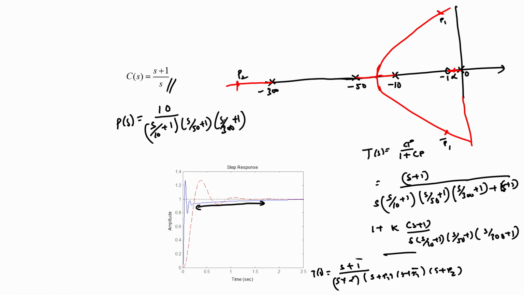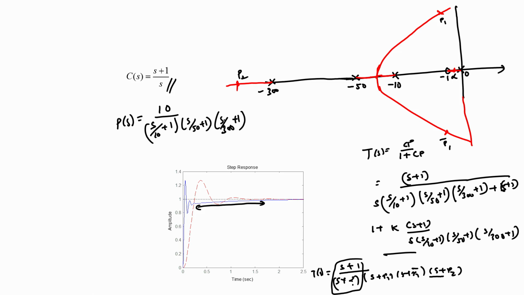So let us focus on this term (s plus 1) by (s plus alpha). We note that this term alpha is a very slow pole, because it is situated much closer to the origin compared to the other poles. P1, P1 bar, P2 are all on branches of the root locus that are quite far away from the origin compared to the point alpha, and it is this slow pole that is responsible for this long tail in the response of the closed loop system. But we do see that this long tail does not end up dominating the step response of the closed loop system. How does one explain that?